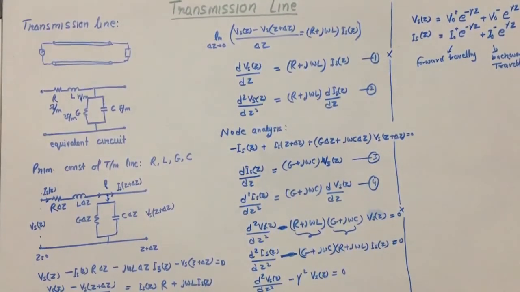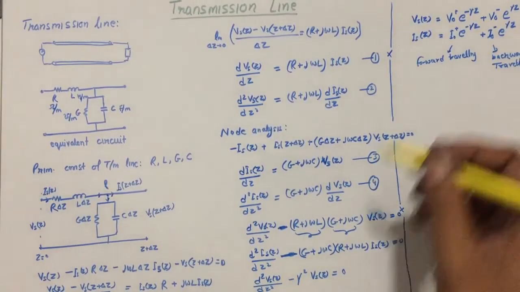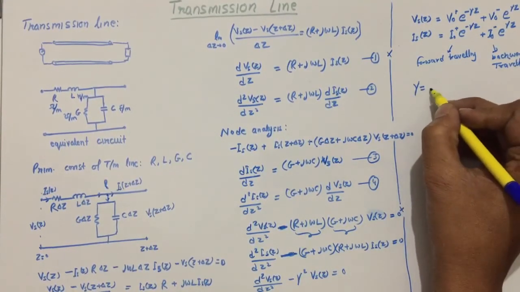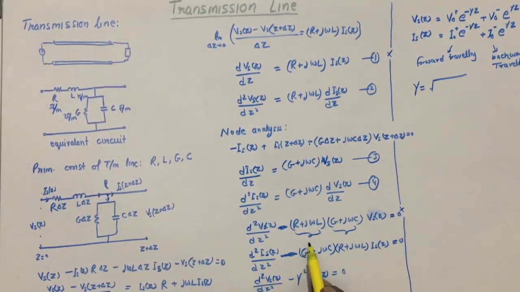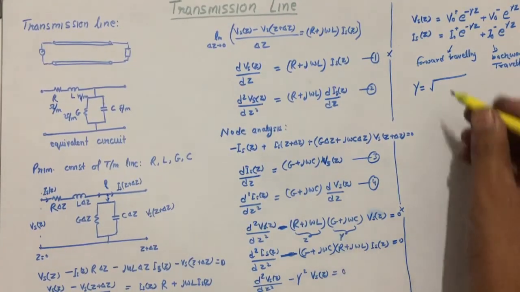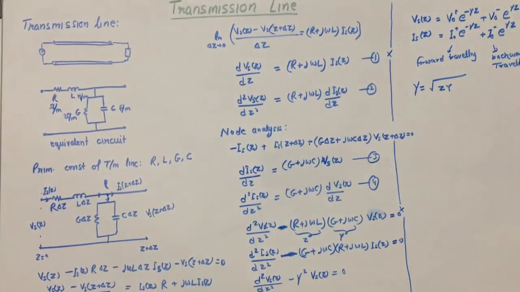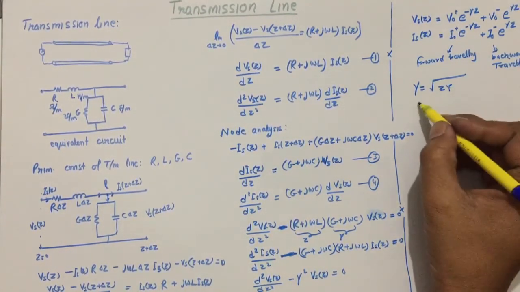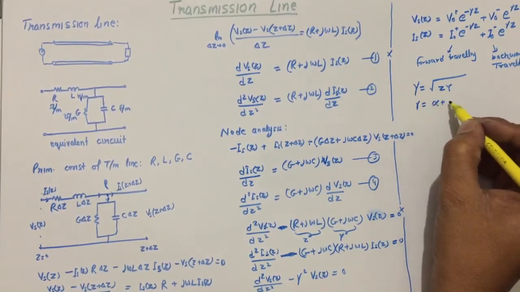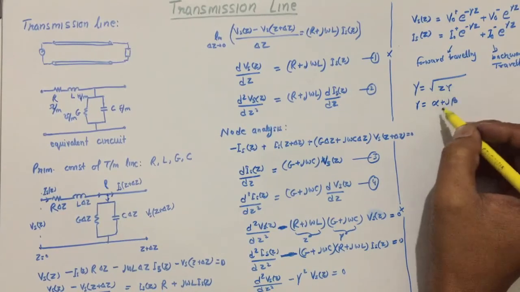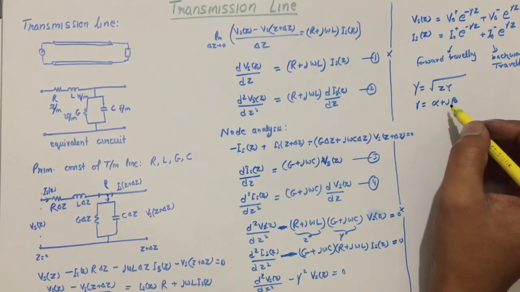Okay. Now from here we can find gamma. If it is considered as impedance Z and admittance Y, then we can say gamma is equal to the square root of Z times Y. And in the wave equation we have studied gamma is equal to attenuation constant plus j times phase constant. So if we solve this, then we will find the alpha and phase constant in the case of transmission